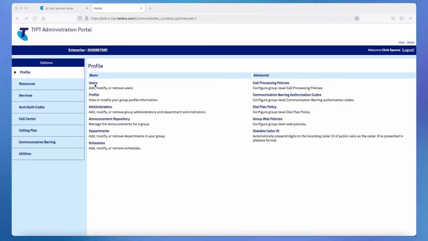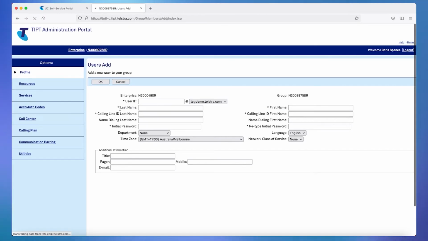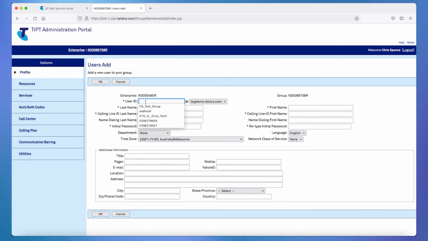Okay, so in here we want to add a new user. So we click on the user function, add, and in this case, why don't we put in a new user ID that is extremely memorable? And you can see I've been already using this to do something similar in the past. So we're going to call it a key terminal system virtual line, and we'll call it video demo. All right, so we need to put in a few bits and pieces here. We'll call it a last name of KTS.